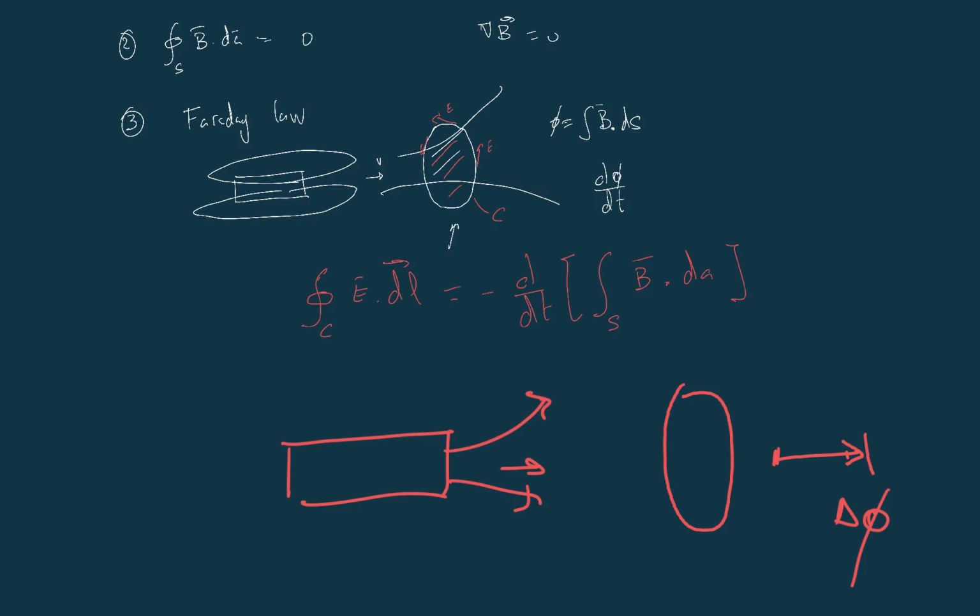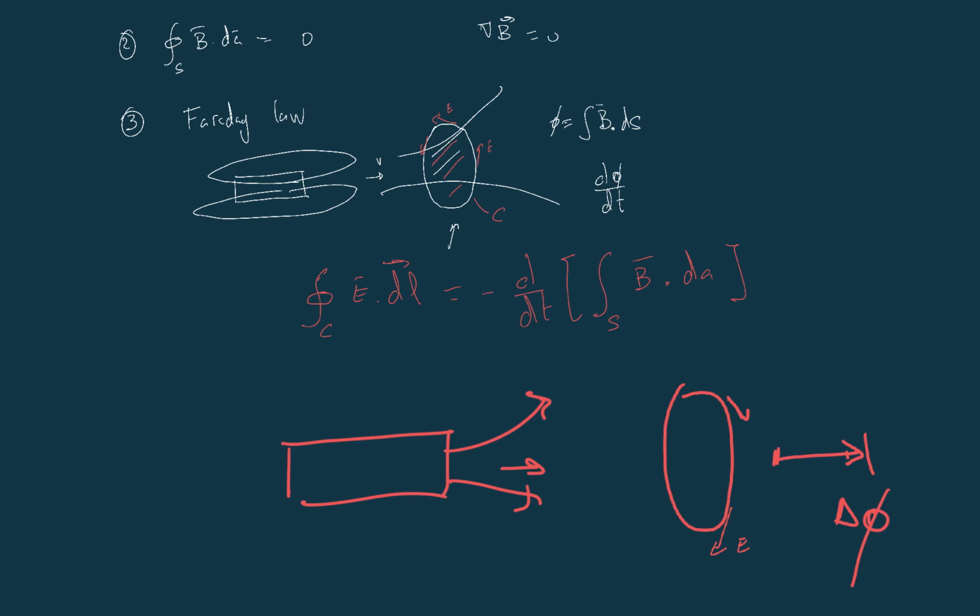So the minus sign means that the induced electrical field will oppose the change by creating an electrical field that will oppose the change. So if a change in the magnetic flux goes to the right, the electrical field will be in such a way